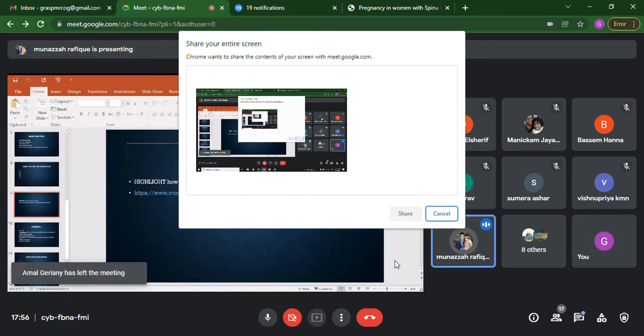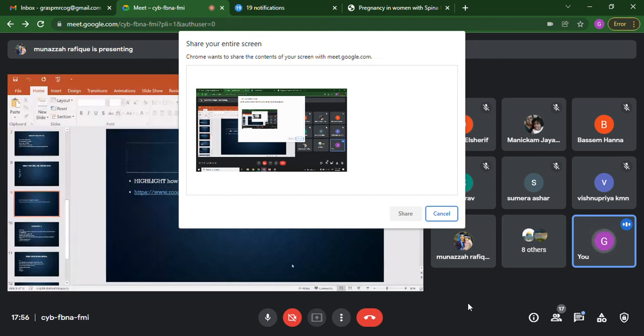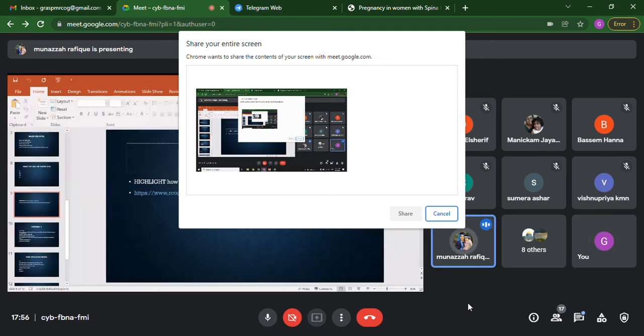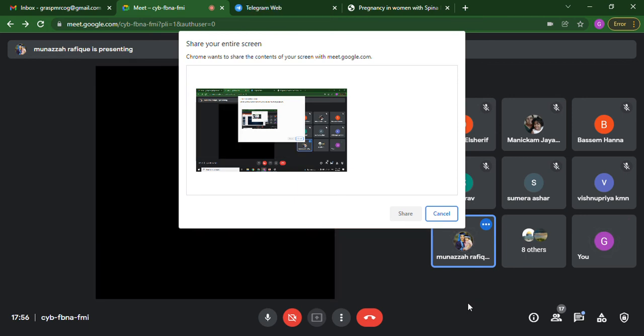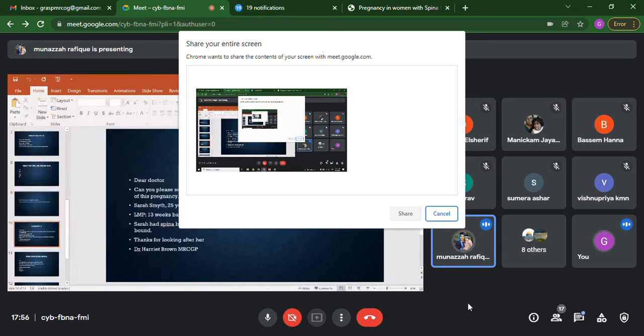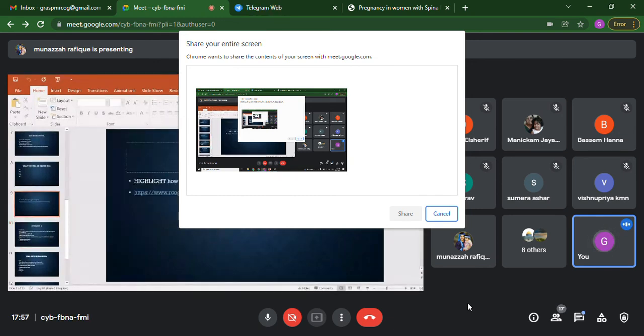So, Sumaira, I will be putting this scenario for a complete 2 minutes so that you can organize your agenda, okay? Yes, sure. Munaza, you want to be the role player or you want me to be the role player? You can be the role player and I will mark accordingly. Okay. Can you see the scenario? One of our group members mentioned a few minutes back that she's not able to get in. Let me try to get her in. I'll mute myself. Until that time, I will put the scenario and I will put the clock on as well, okay?